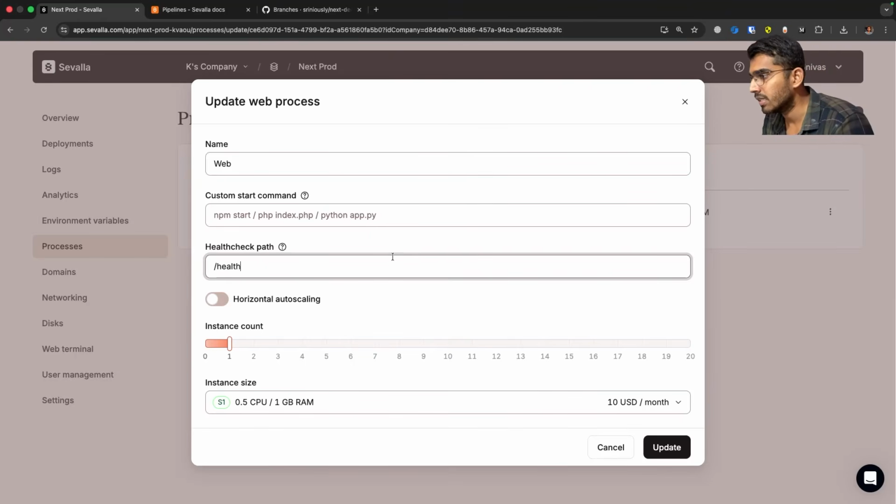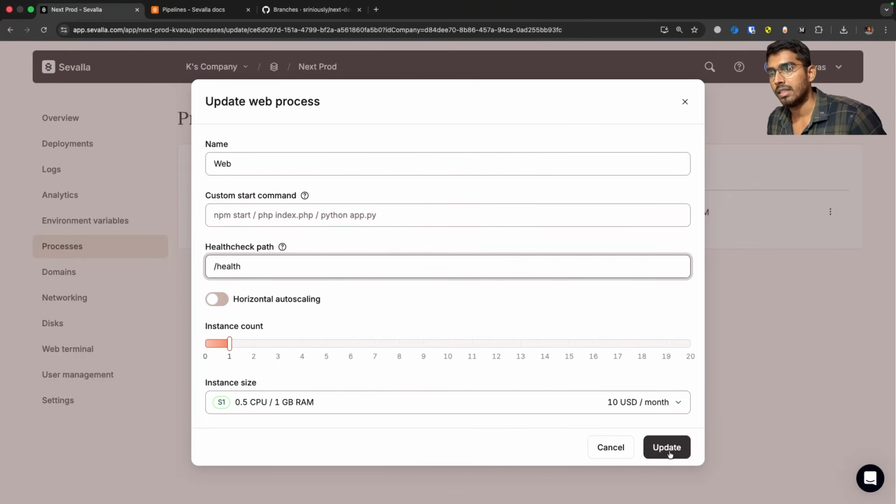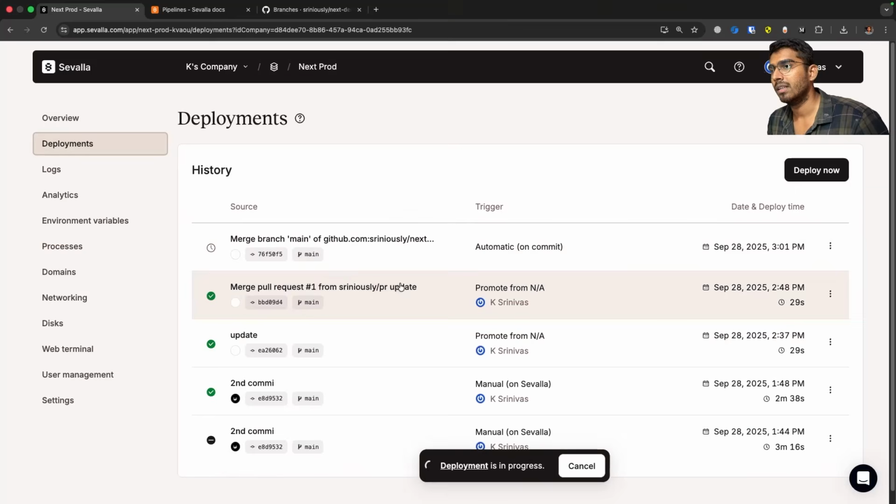What I'll do is add /health. And when we do this, what exactly happens is when we do a new deployment, new pods, new containers will start with the new or updated code. And Sevalla will check this /health endpoint every 10 seconds. Only when the new pods, the new containers with the updated code, pass the health check, then only Sevalla will divert all the traffic from the old containers to the new containers. So that will help us have zero downtime deployment. So let's update this and we'll go ahead and push these changes, and that should get picked up by Sevalla